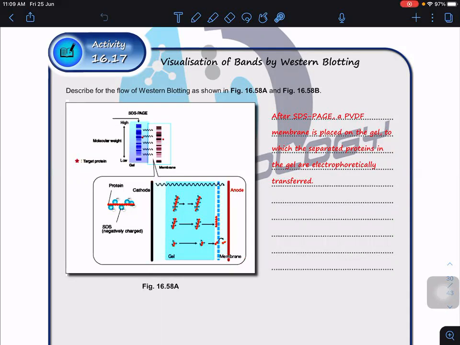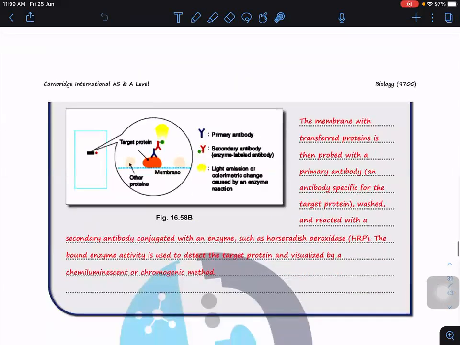cathodes and anodes. So the migration, can you see that? From the negative end to the positive end. So that's why it moves. Then it will be trapped inside. Again, we trap it inside this membrane. So when it is trapped inside this membrane, what we're going to do here is we're going to use a